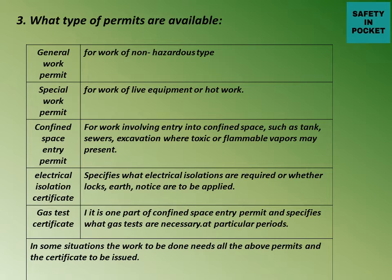in live equipment, meaning the equipment which is connected to electricity. Confined space entry permit, for work involving entry into confined spaces such as tanks, sewerage, excavation where toxic or flammable vapors may be present. Electrical isolation certificate specifies what electrical isolation is required, or whether locks, earth, notice are to be applied. Gas test certificate, it is one part of the confined space entry permit and specifies what gas tests are